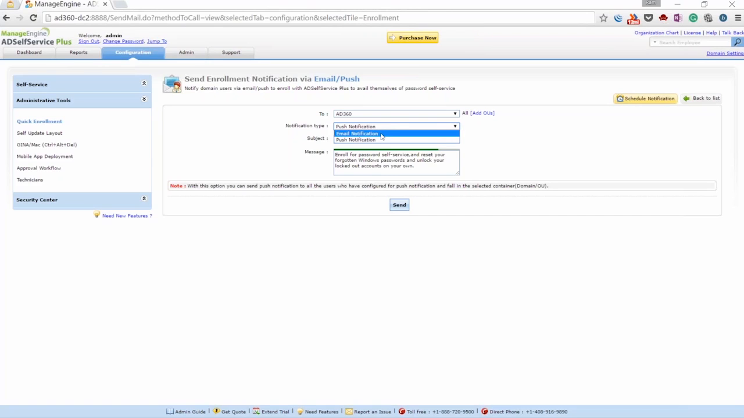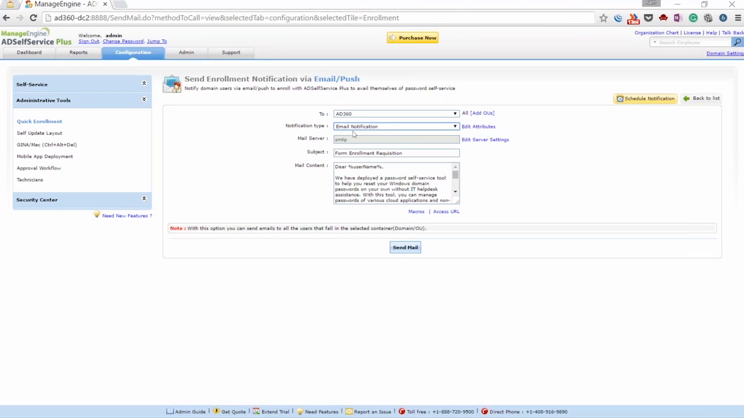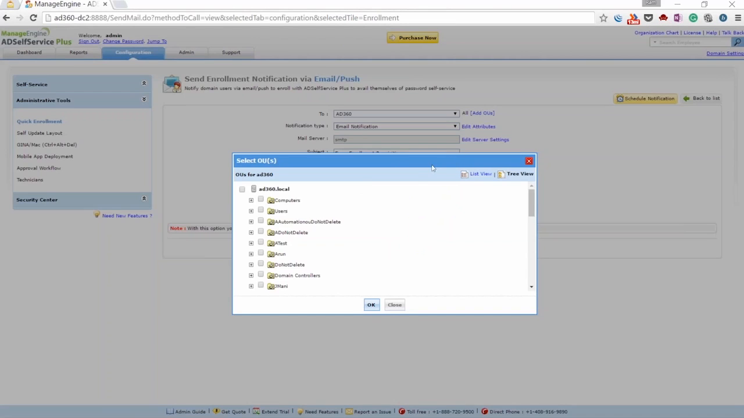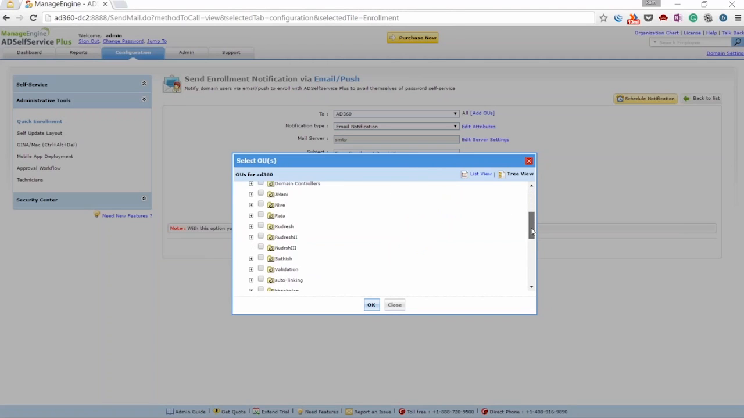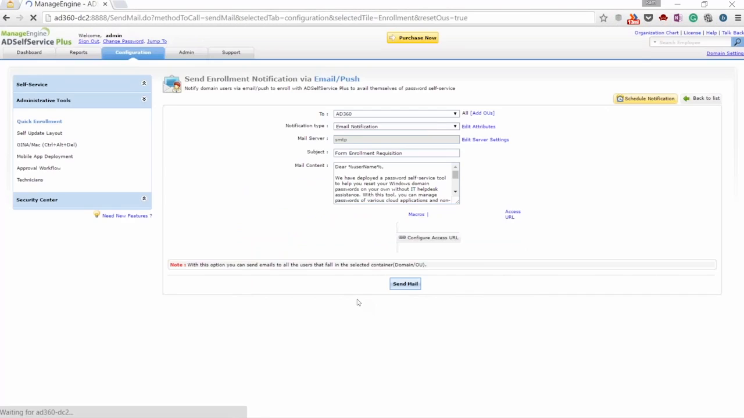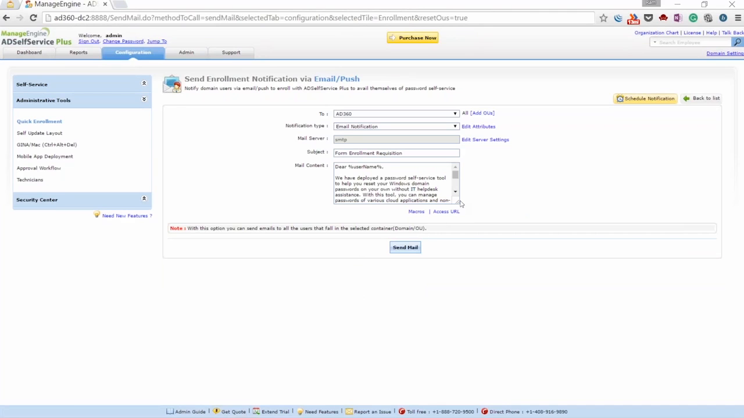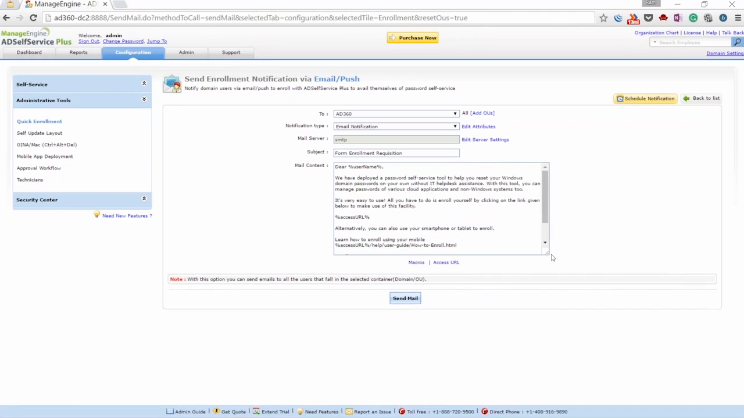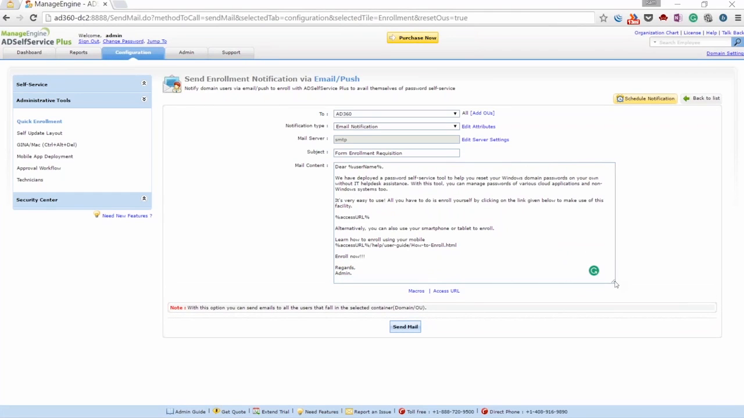Since I can't show you a mobile phone, I'll show you the email notification. I'm selecting email notification, and if I decide I don't want to send the notification to the entire domain, I can just select a specific set of OUs for which the mail should be sent. I'm going to choose just one OU, which is RAM, and I'm clicking OK. And once it's selected, I can go through the mail content. I can also use macros